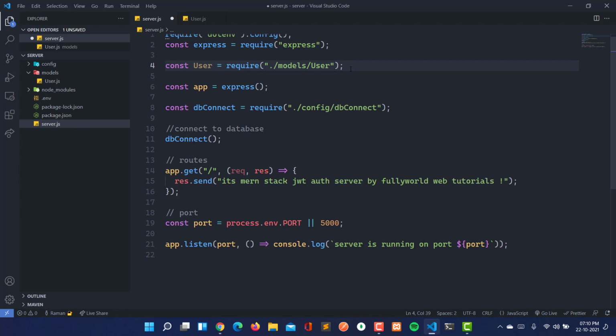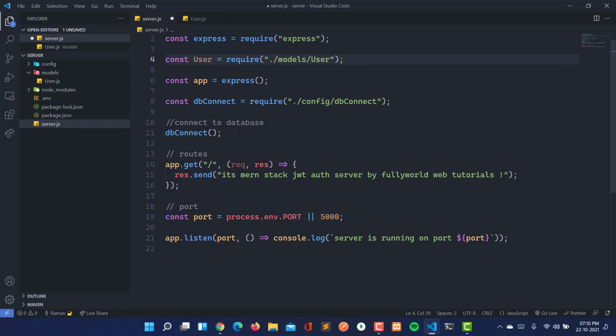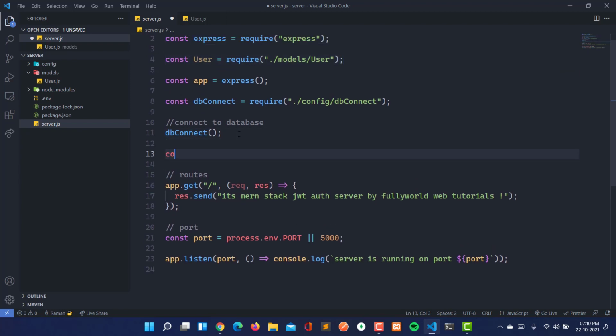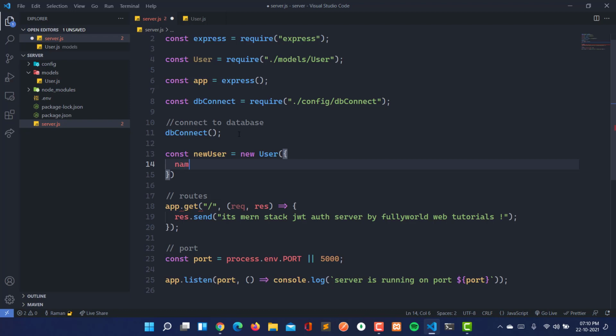Here I'm going to create one constant, newUser, and use this model. Let's create this user, and first of all we have to pass the name.